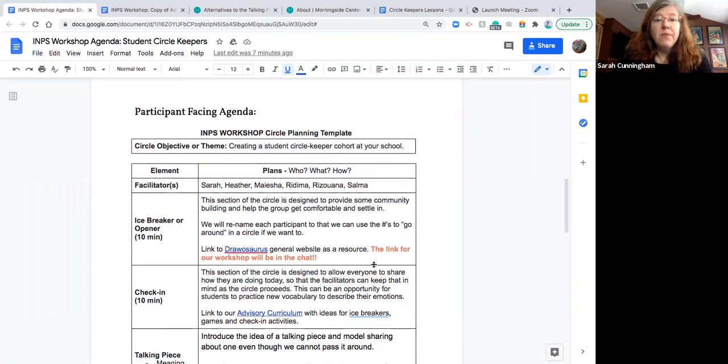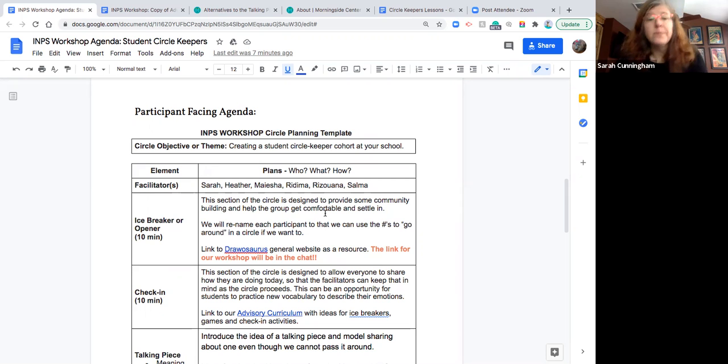We want to start by walking you through the agenda a little bit. The objective of our workshop was to talk about creating student circle keeper cohorts at our schools. Some of us already are well on our way, others of us are just starting to have those ideas. And so the materials in here should be useful to people no matter where they are in the spectrum of